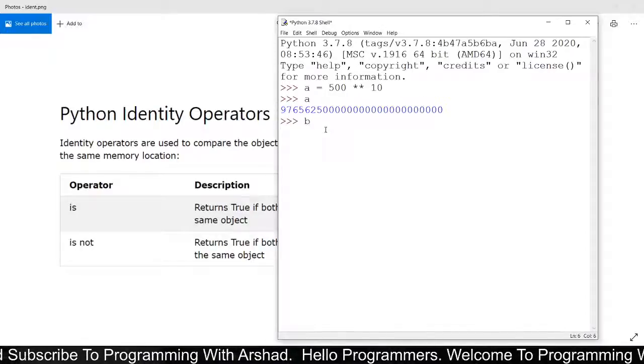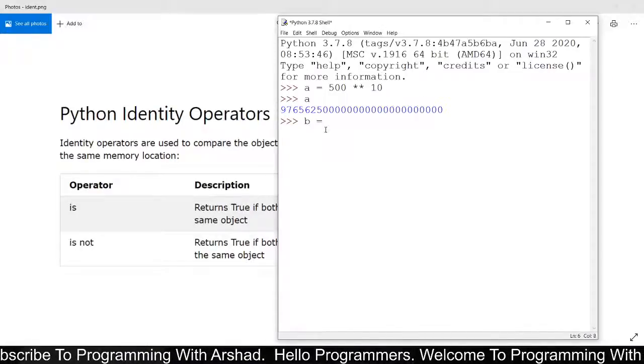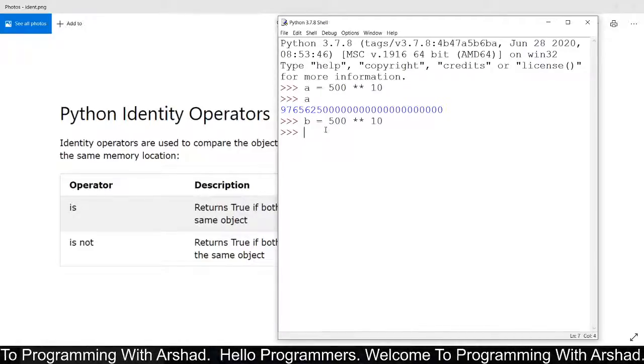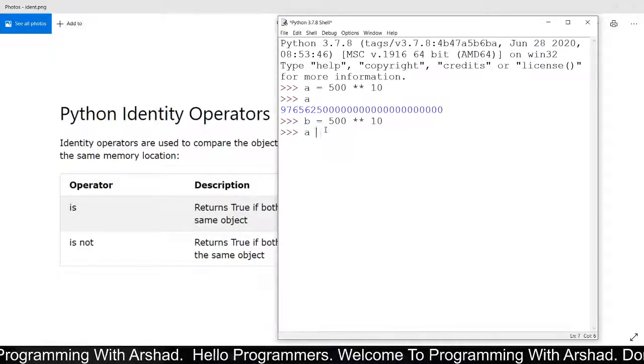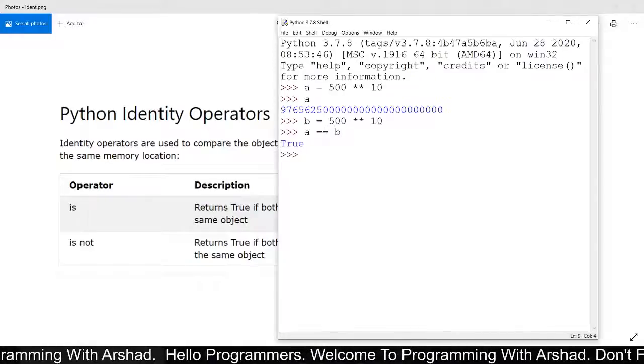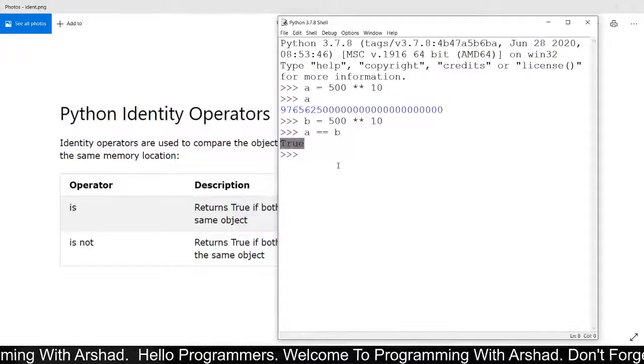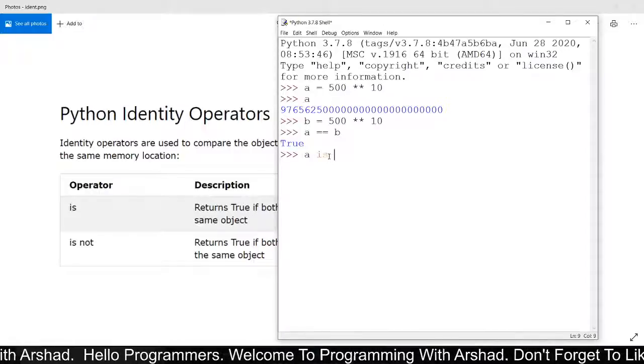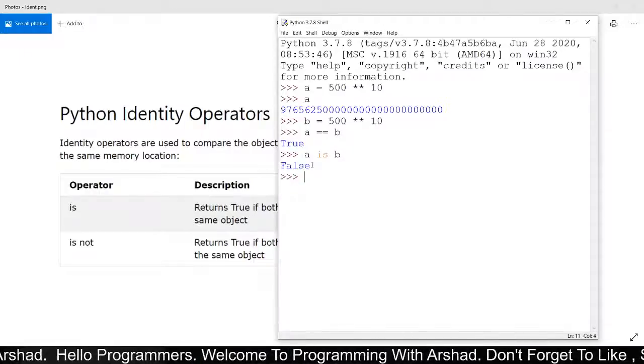Now again I am declaring a variable named b, and I am assigning a value of again 500 power 10 to this variable. Now if I say a equal to b, as we know that it will return true, because both the values of a and b are same. If I say a is b, then it will return as false.